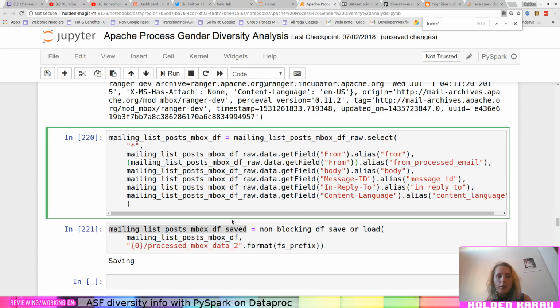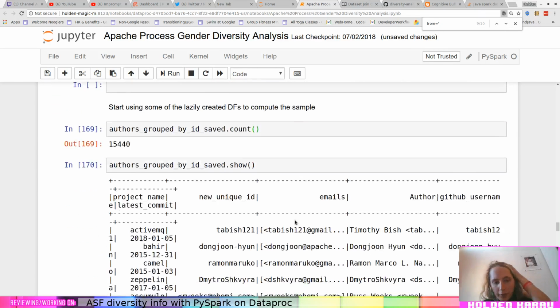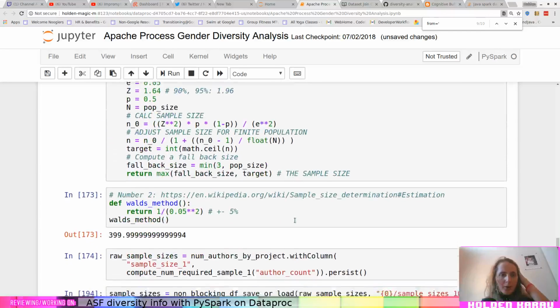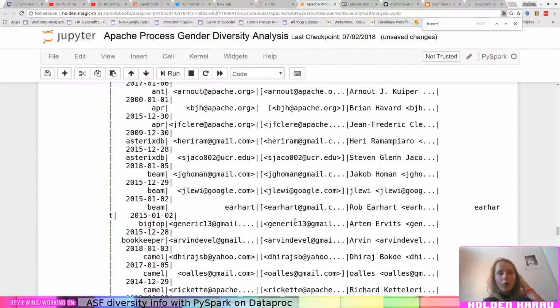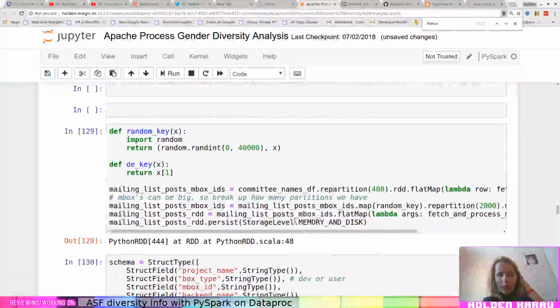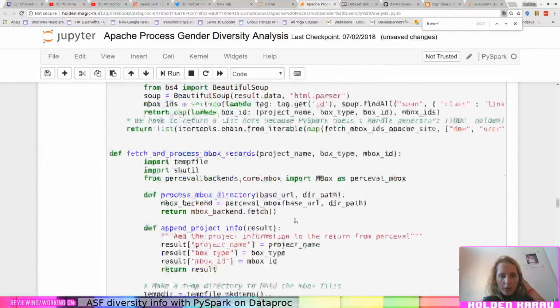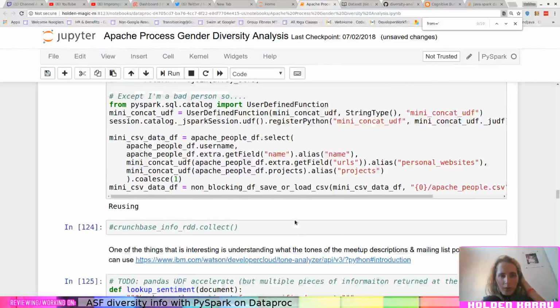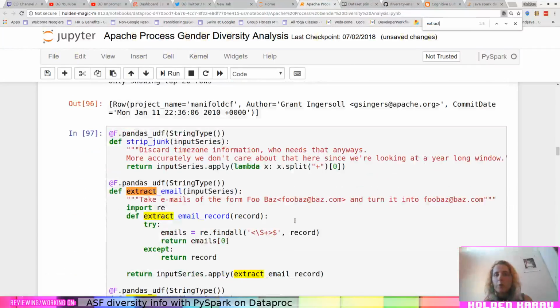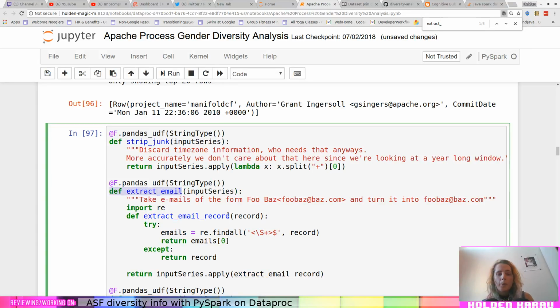I think we might have to move the UDF definition up a little bit, because I think I defined it. Oh no, maybe I didn't. It's like extract email or something like that. I don't remember what the UDF was called. Let's look for extract. Oh, cool! I called it extract email. So that's great. We'll do that.